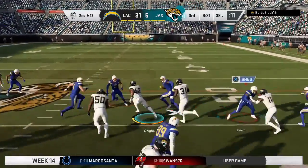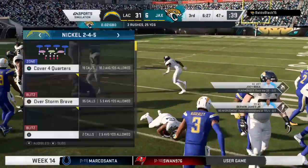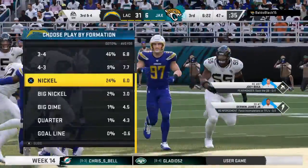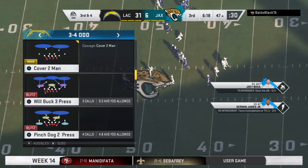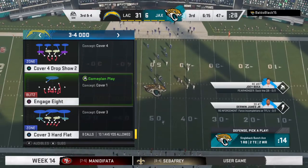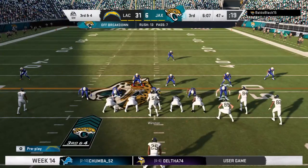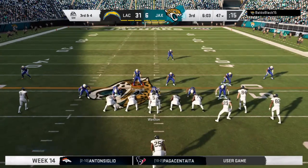They'll run it now out of the gun. 9 good yards there on the run, and now 3rd down. On a 2nd and long, it's really nice to see an offense that has enough confidence to run the football in that situation. I think that goes back to their practice and game planning. They've seen things on tape and in previous games that led them to believe that even in a long-distance situation, they can still run the football and gain enough yardage to put themselves in a good spot